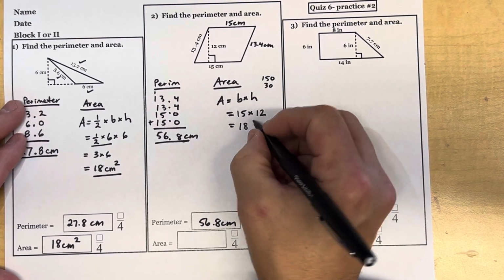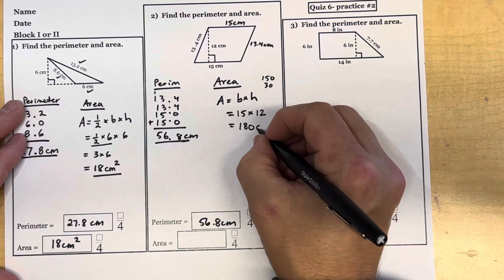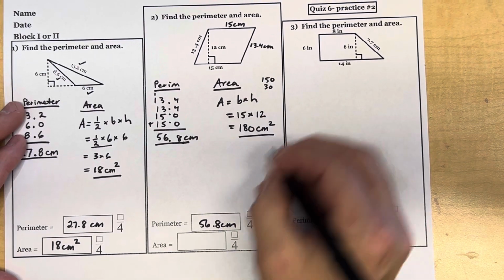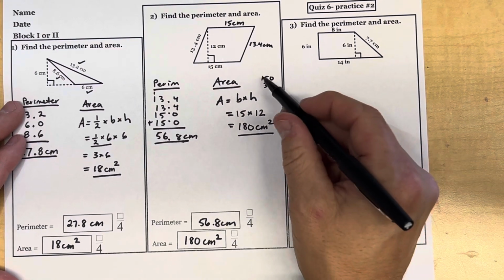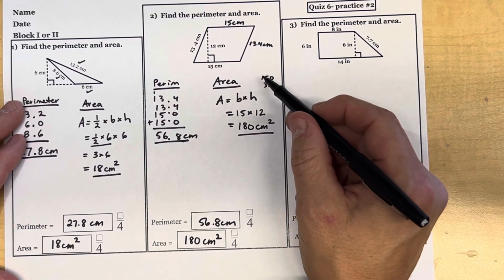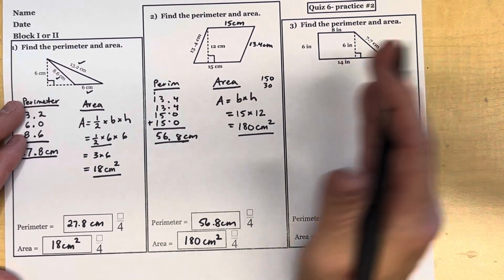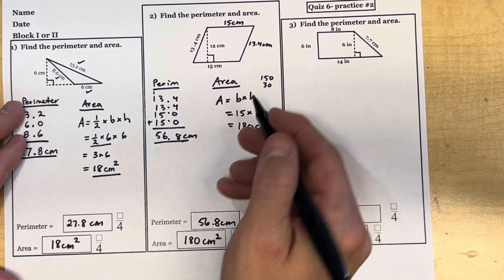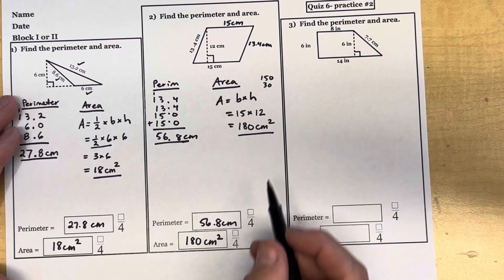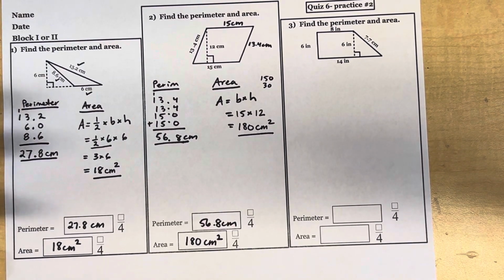So 15 times 12 is 180 centimeters squared. That's one of the strategies in Unit 1: 10 groups of something plus 2 groups of something gives us 12 groups of something. We could have stacked them and multiplied, but that was just one of our efficiency strategies that we learned in